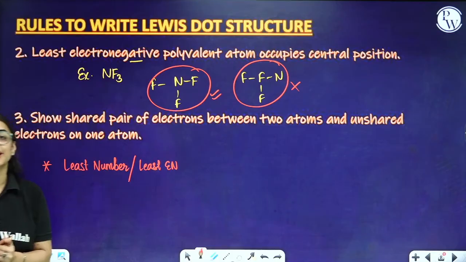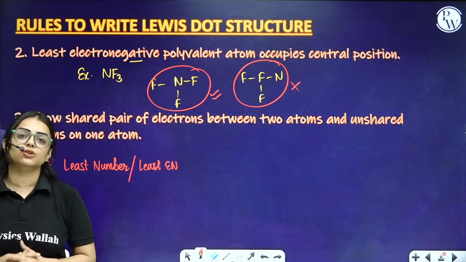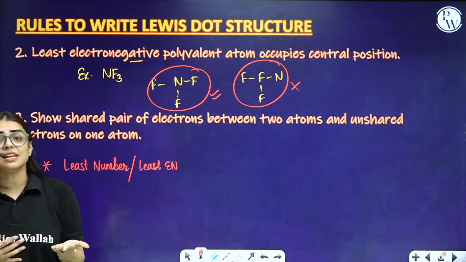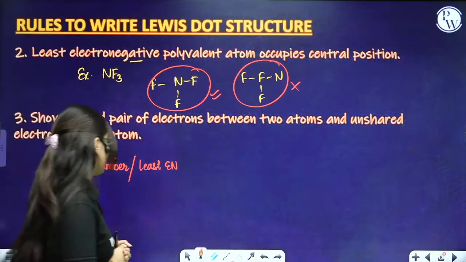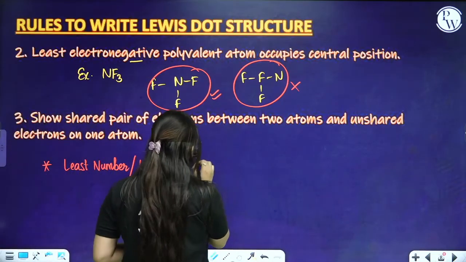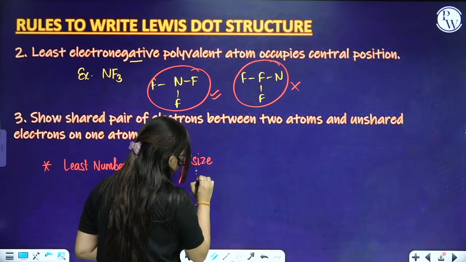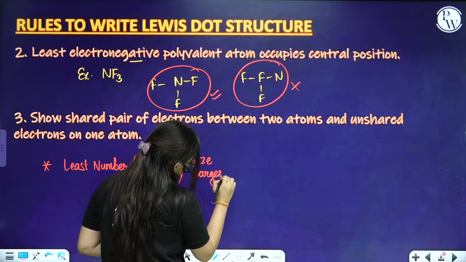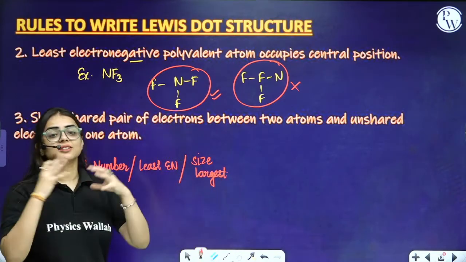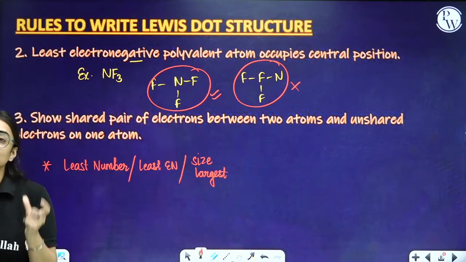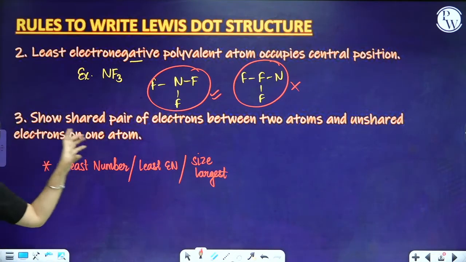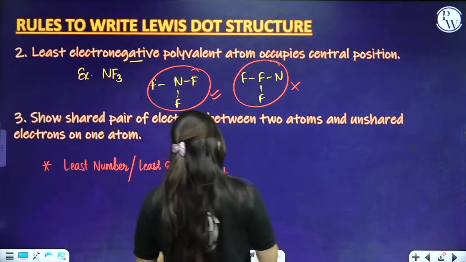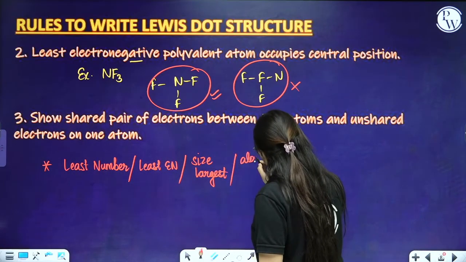Least electronegativity. Now you have understood electronegativity in depth. What actually is electronegativity? It is the tendency to attract the shared pair of electrons towards itself. If you are not getting this as well, then you will move on to the factor that is largest size. The element, the atom, which has the largest size will acquire the centralmost position. And the last is, if it doesn't follow as well, you can go with atomic number